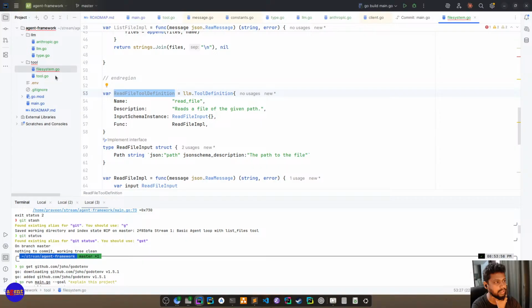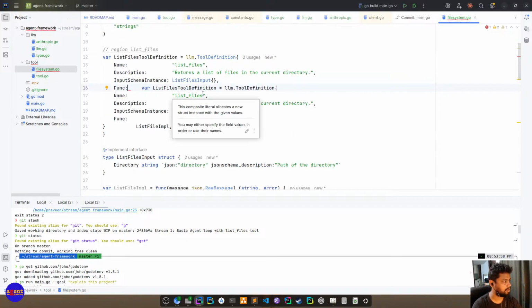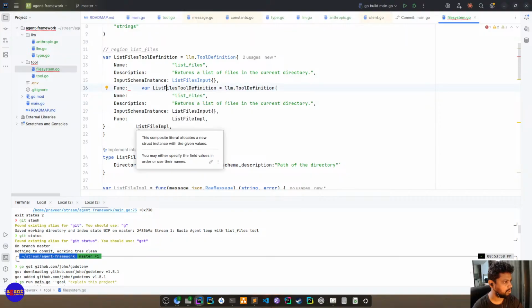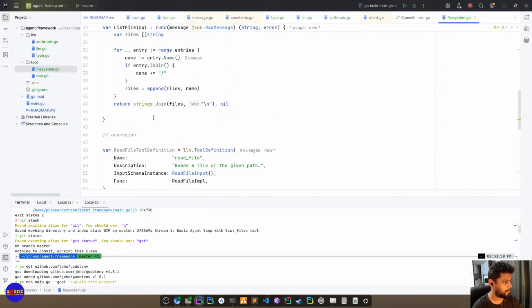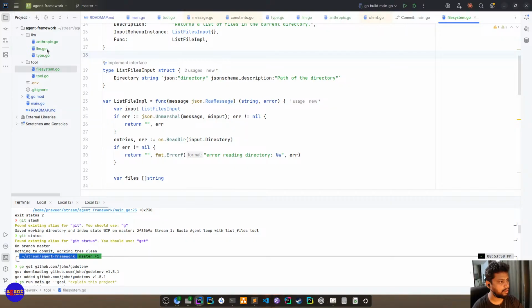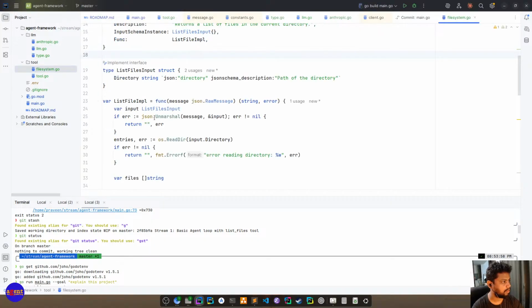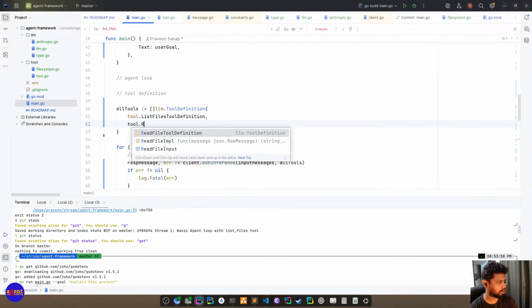Okay, we have the second tool definition ready. Add it back here. In main.go, where we declare all tools, let's add tool.run.